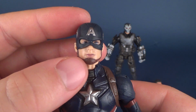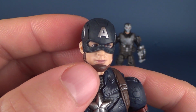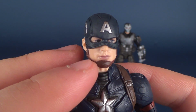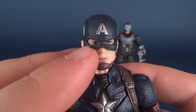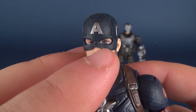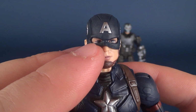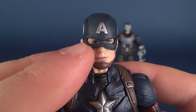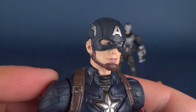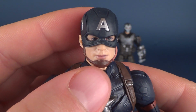The head sculpt is good. Something is throwing me off, though, when it comes to the eyes. I don't know which eye I actually prefer. This one seems a lot smaller, but it seems proportioned to his head. This one seems bigger, but at least it's in the center area. One eye is so much smaller, and it's moving its way over to the nose. I don't know what he's doing, but the eye area is really what's throwing